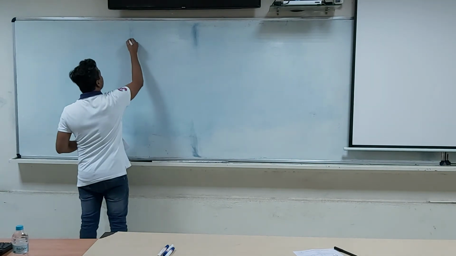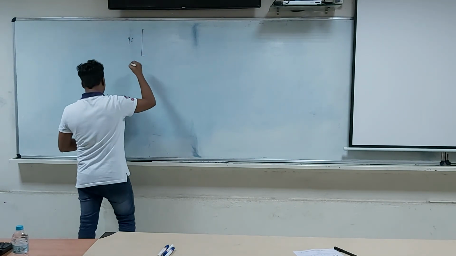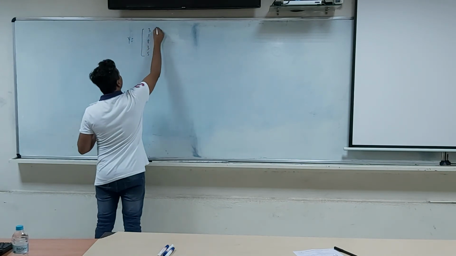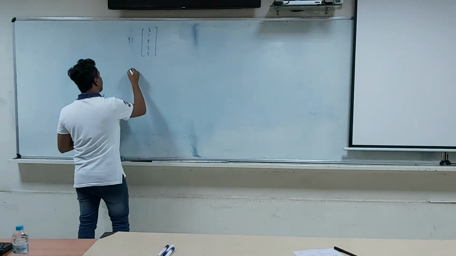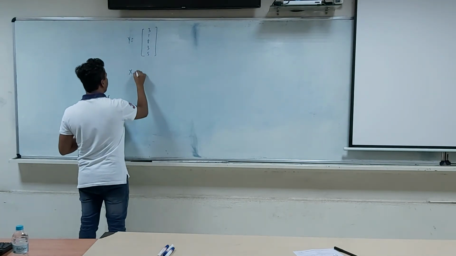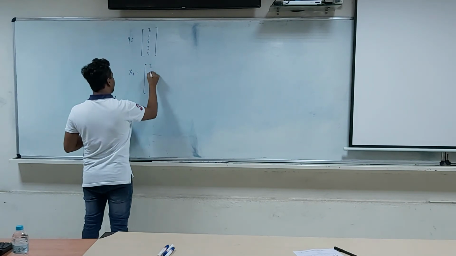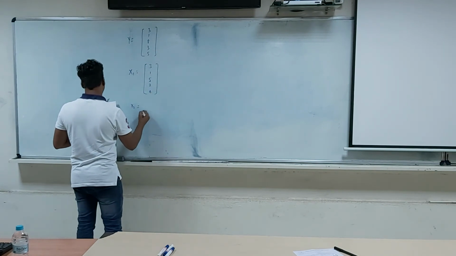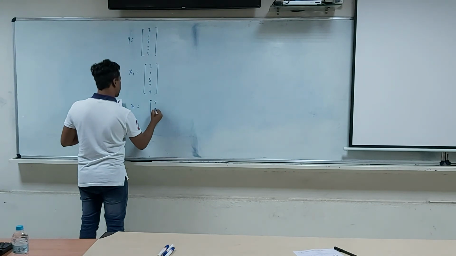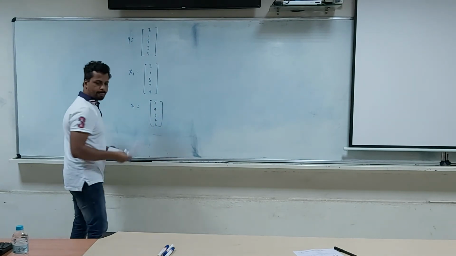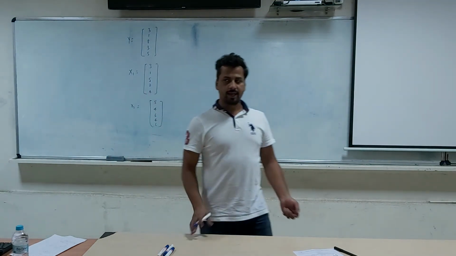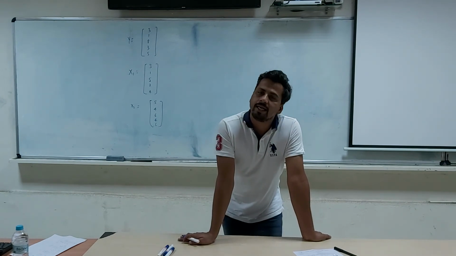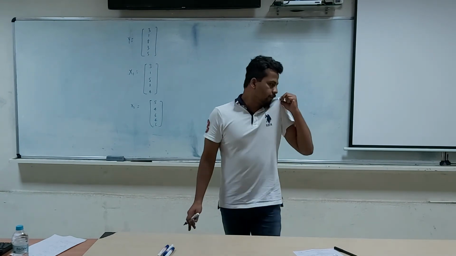Let me say that the y values are given as 3, 1, 8, 3, 5, right? And let's say our data x1 is the vector 3, 1, 5, 2, 4. x2 is 5, 4, 6, 4, 6, right? Simple: we have data on variables, with one dependent variable y and two independent variables x1 and x2, right?